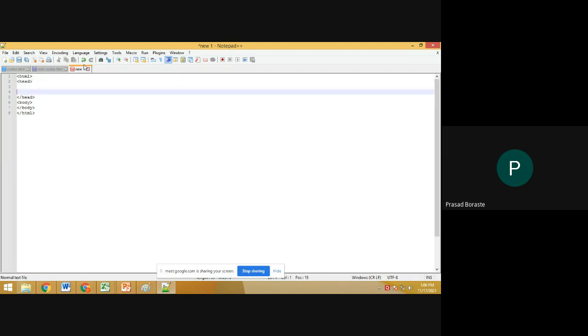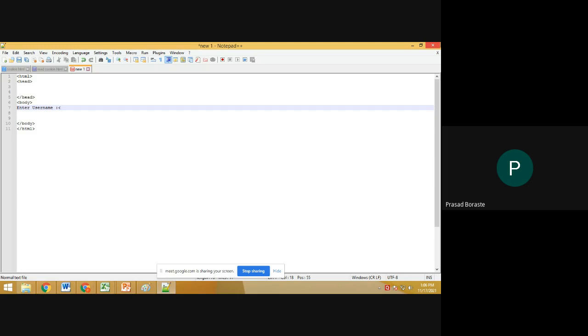In the head tag, we will be writing one function for deleting a cookie. First, I will write in the body tag. I'm taking an enter name field, enter username.